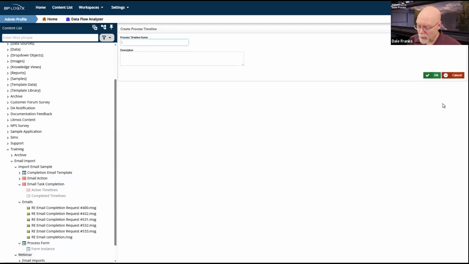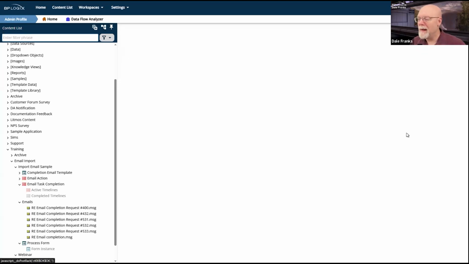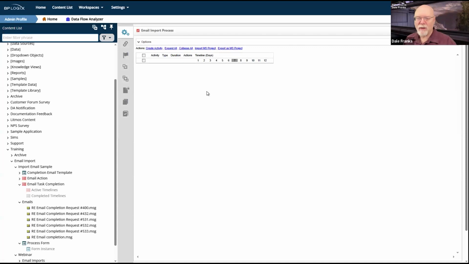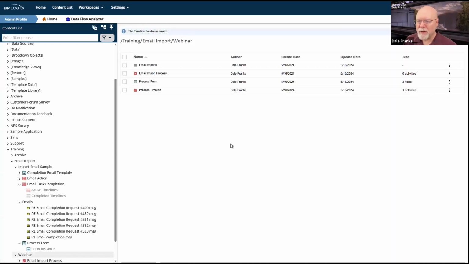Not going to do anything with it yet, but I'm going to create this process timeline and I'm just going to call it email import process. It just needs to exist for me at this point. I'm going to come back and configure it later, but I've got the process.